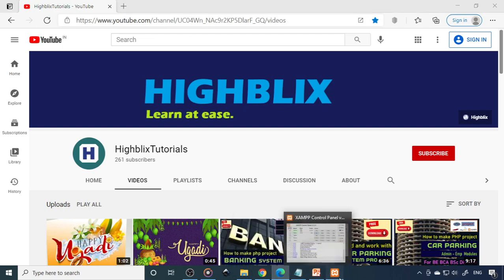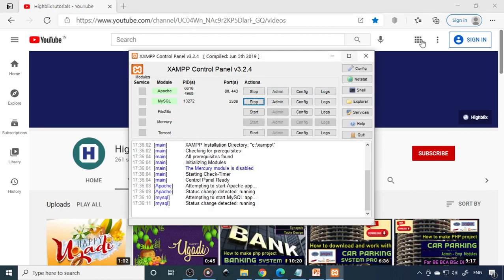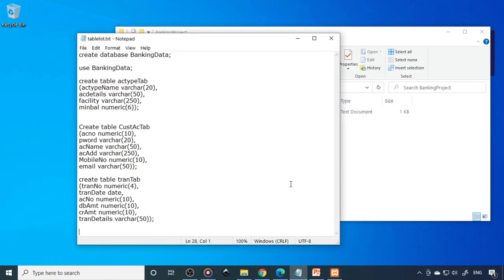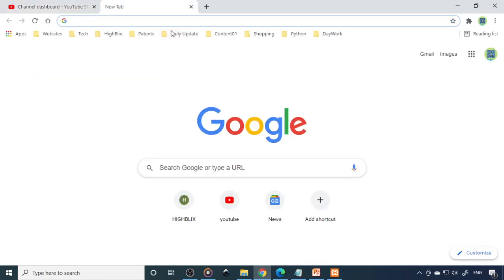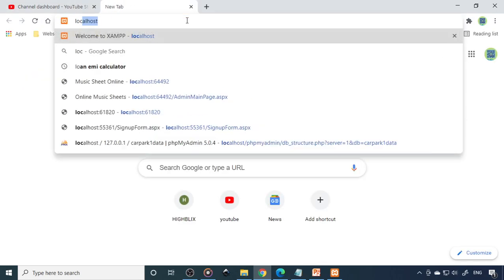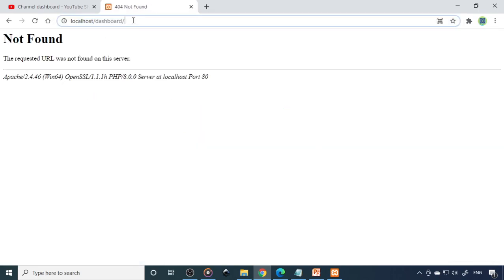Right. So now you can see that this started. Okay, server is started. Now the next step is we have to go to the browser. So here what we can do is we go to localhost. You can see that once XAMPP is installed properly, you can have a localhost here. So click on that. So not a dashboard, just a localhost.